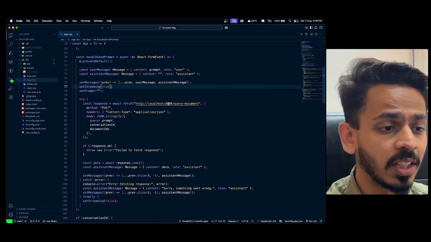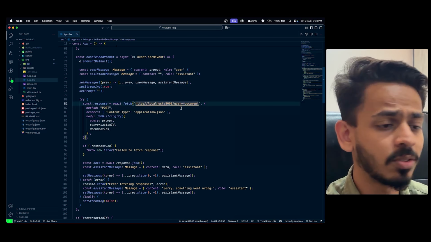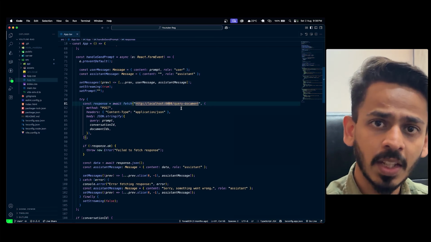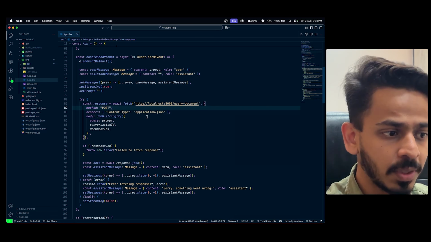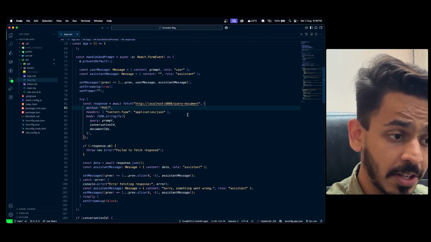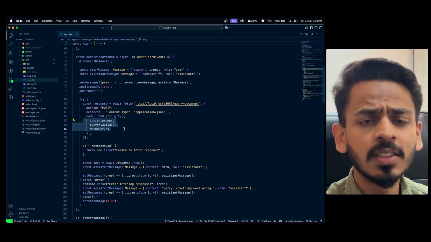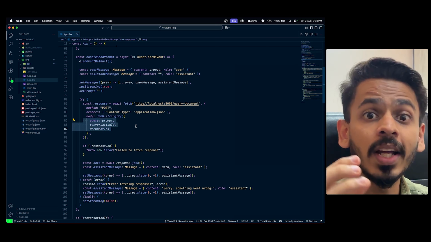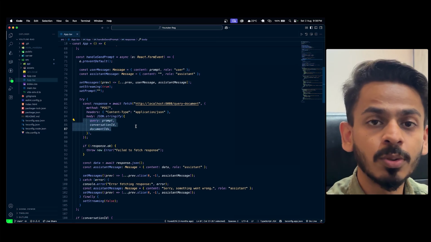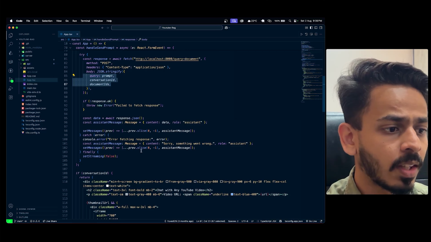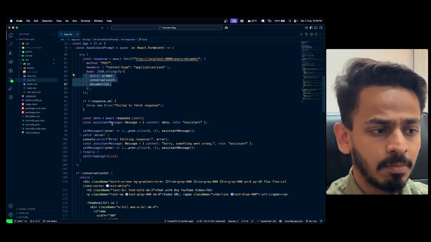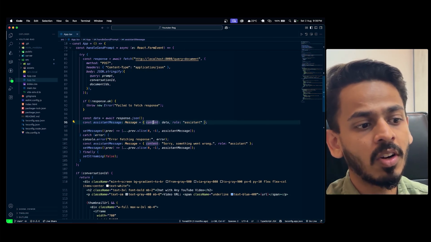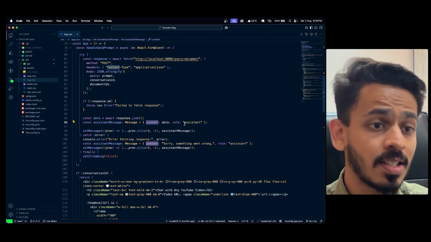Here we are using 8,000, so we just put it as 8,000. Any port that you use, you can just put in the URL for the API call. The method will be a POST method. The headers will be application/json, and these are the things that we will be passing: the conversation ID, the document ID, and the query that the user wants to give to the LLM. After we get the AI message, we filter it on the content as data and the role as assistant.